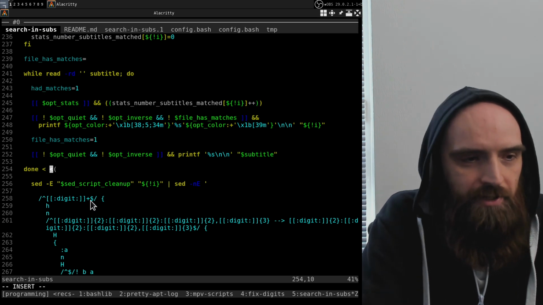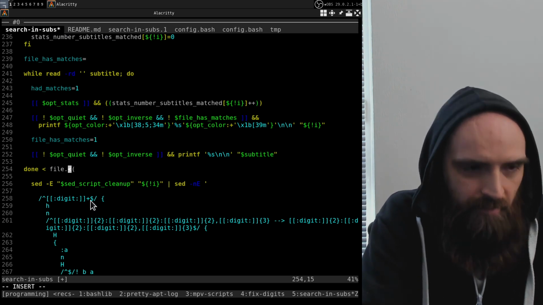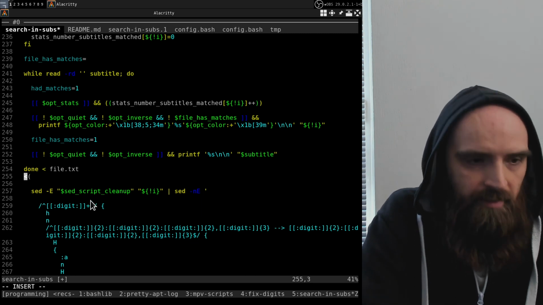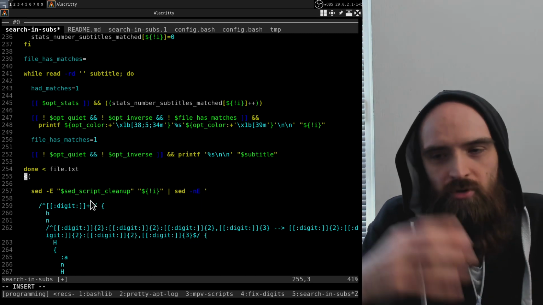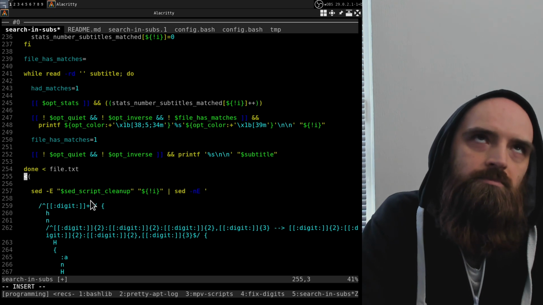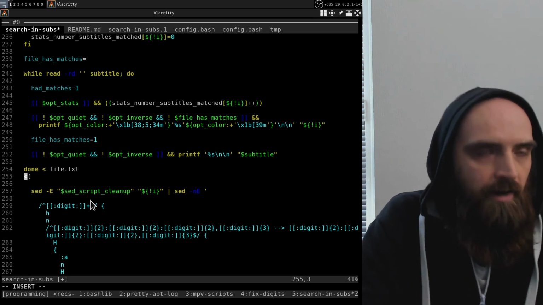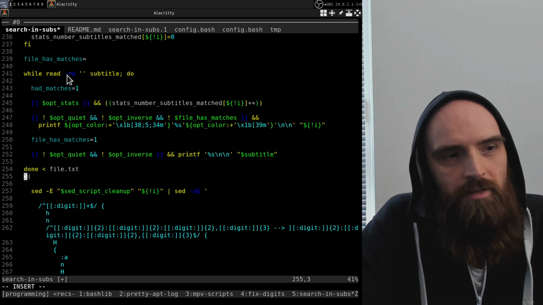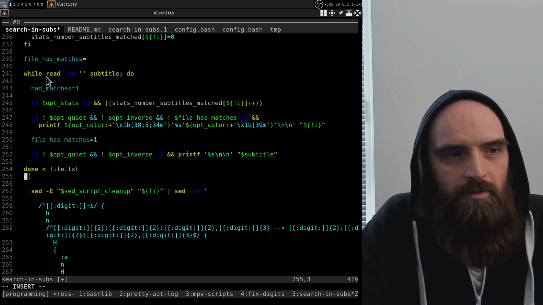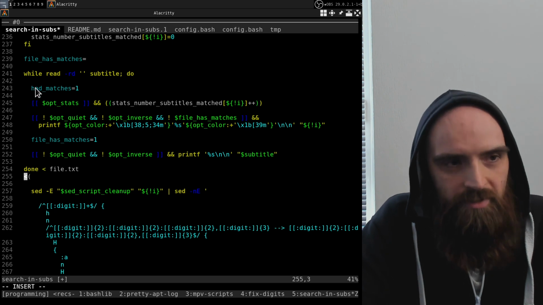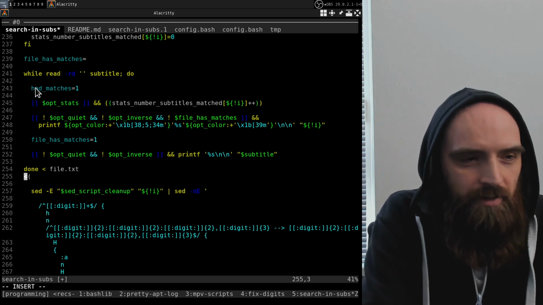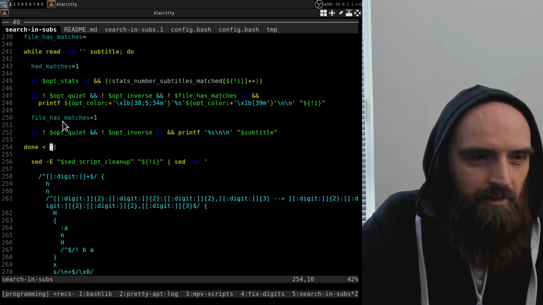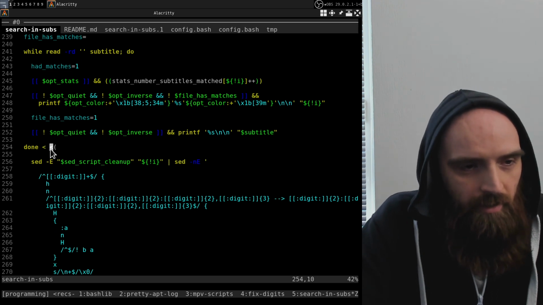So over here there would be a file, and then you could read lines from it. Basically you can read information from a file and then deal with it by means of this while read loop. But in this case, Bash also has a little trick up its sleeve, which is